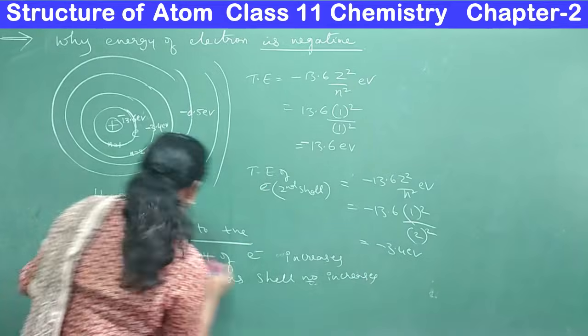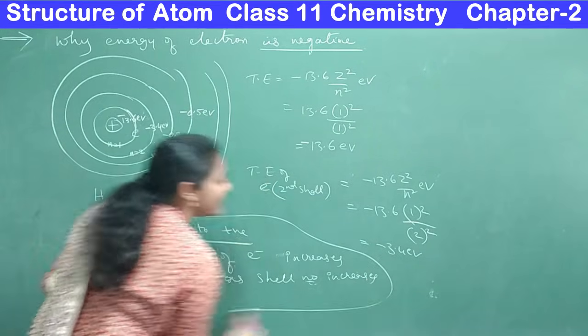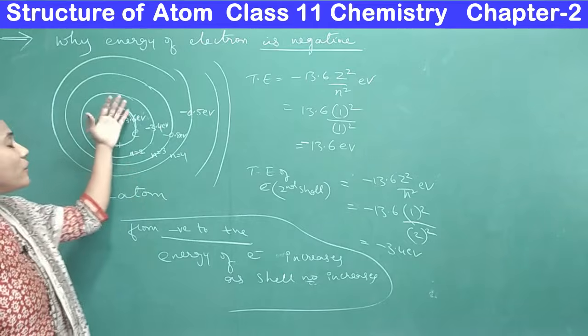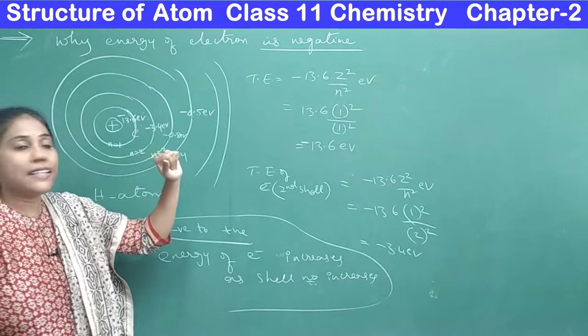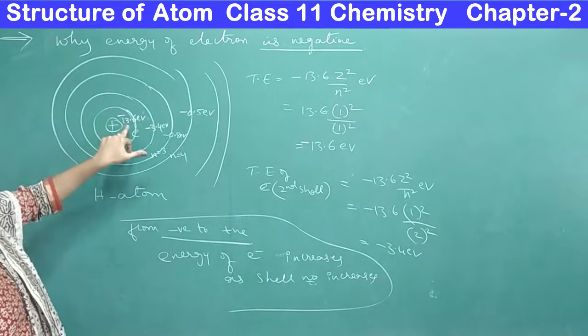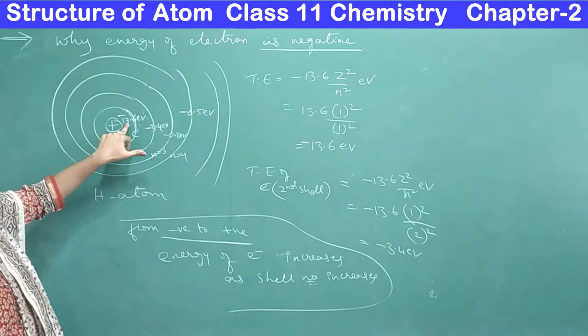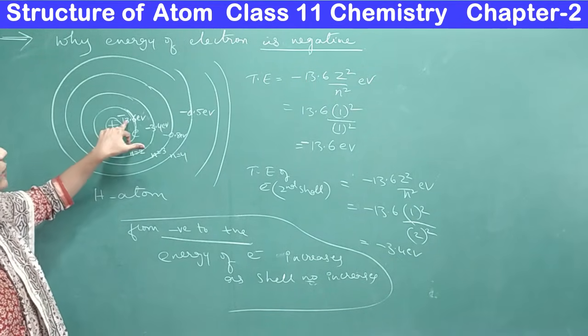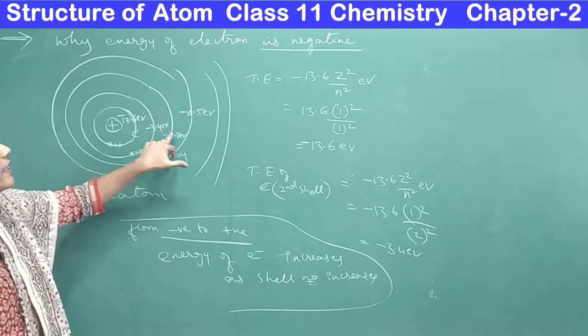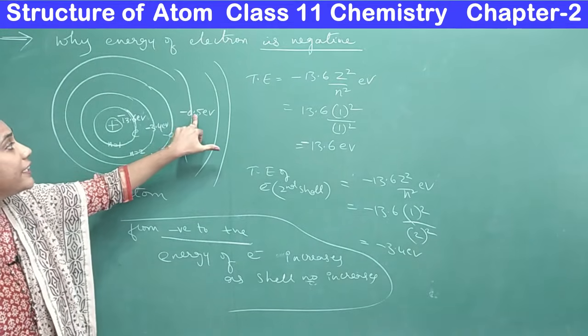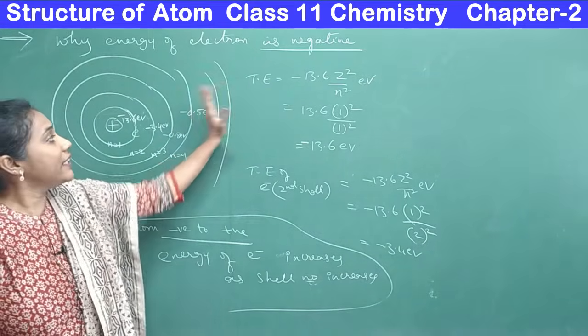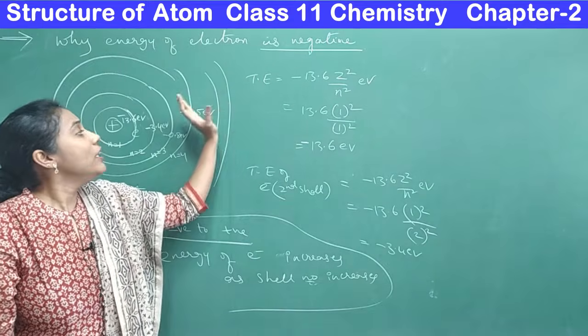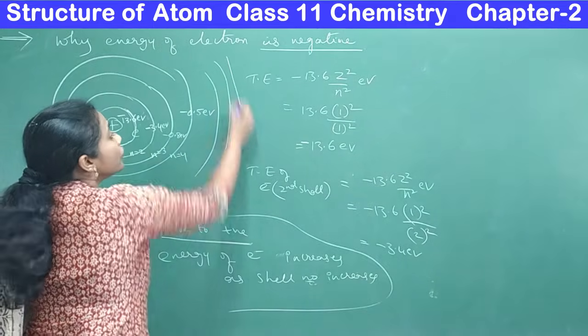Okay, got to know what is the meaning behind that negative sign. Negative means what? The energy is not decreasing, guys. See the value: the electron in the first shell has minus 13.6, a more negative value. Later the negative value decreases, and decreases much more. That means it is going from negative to positive values. Your value is reaching 0.